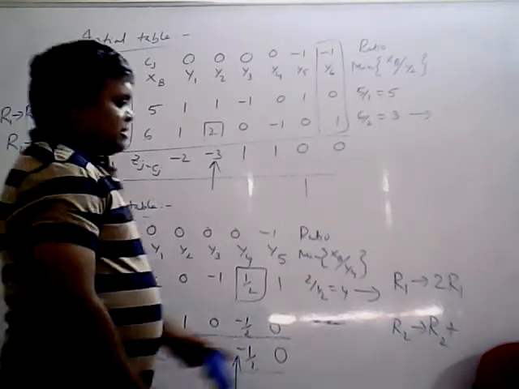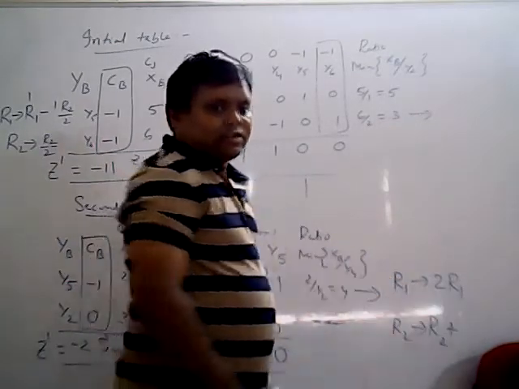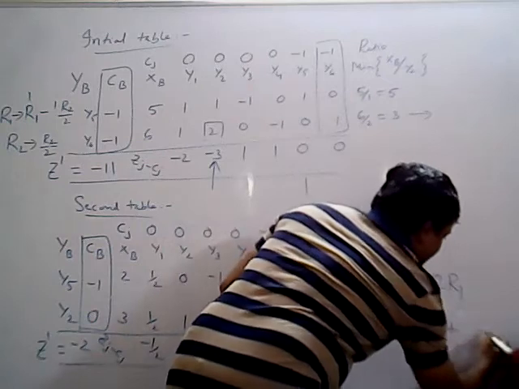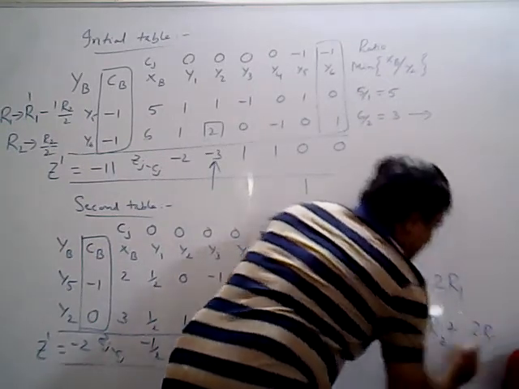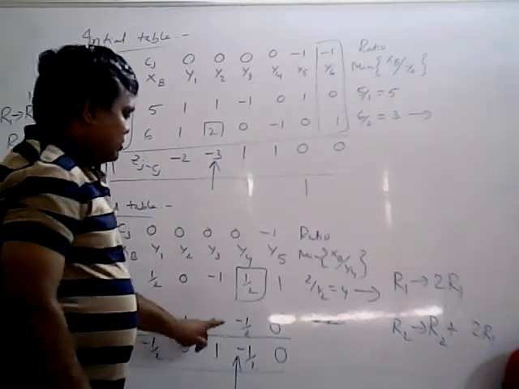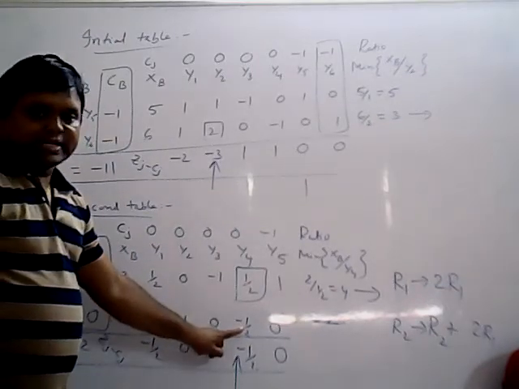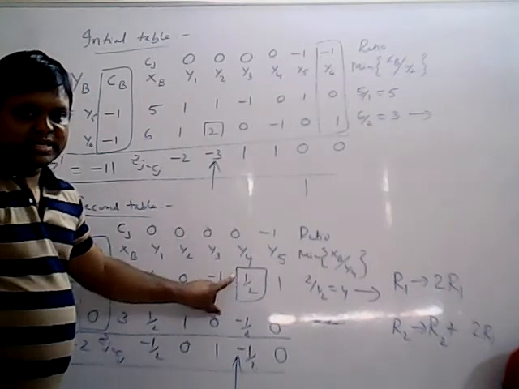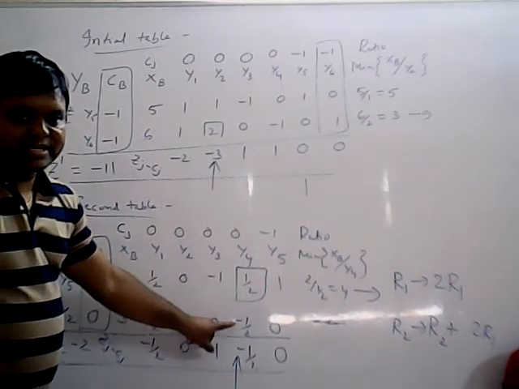Okay. Now copy the key element operation. What is the key element operation? 2R1. Copy the key element operation, that is 2R1. Now go for R2 element. R2, and this is R2 second one. So actually already opposite signs you have used, so don't take again minus sign.